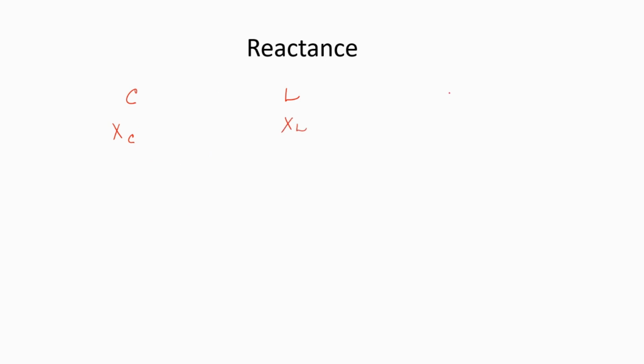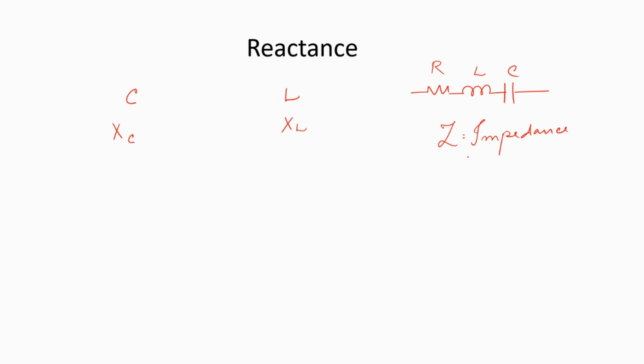A circuit could have all the three components, right? It could have a resistor, it could have an inductor, and it could have a capacitor. In that case, the entire circuit is not said to have a resistance now, it is said to have something called impedance, where impedance is a combination of all the three. So let us dive into the topic a little more and understand how the reactances are represented in the expression